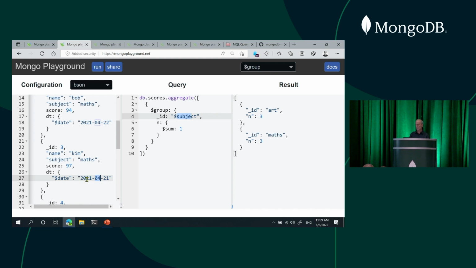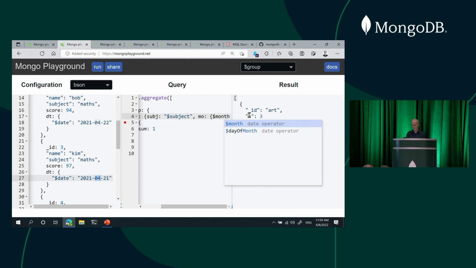This is in fact stored as BSON. It's a natural date. It's not a string. So there's an operator, and I can say I want by subject, subject, and then let's say mo would be the value of $month, which extracts that from the